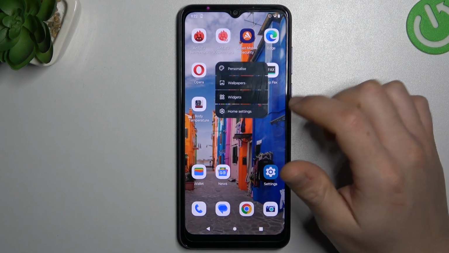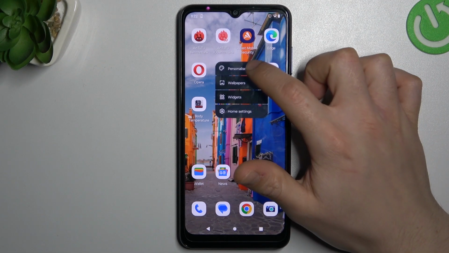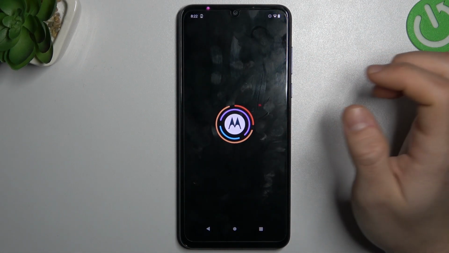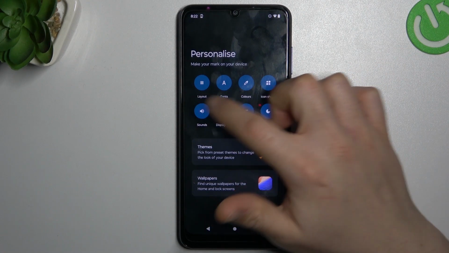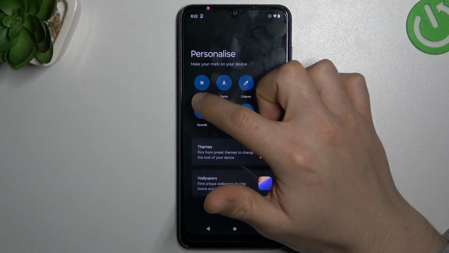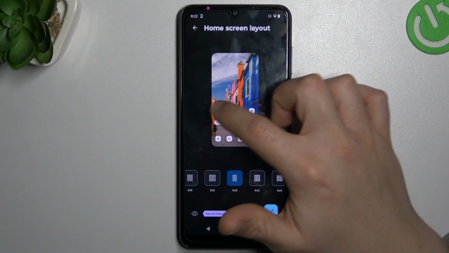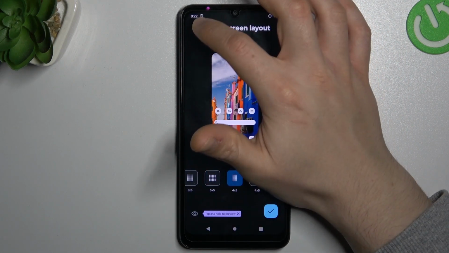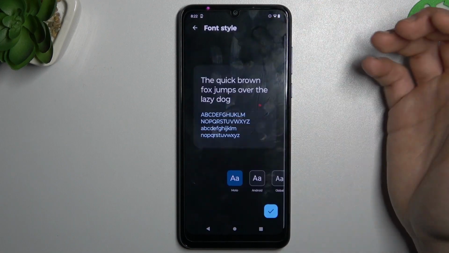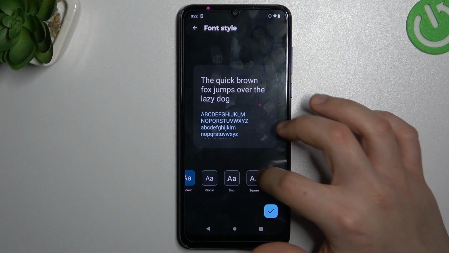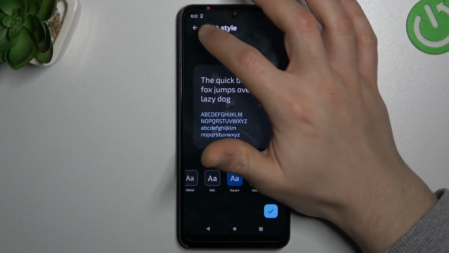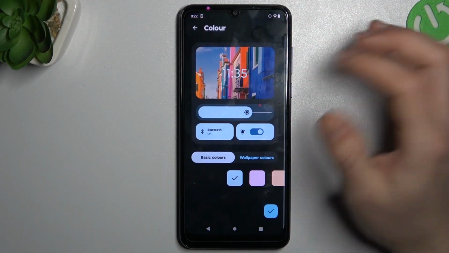Now just hold the finger again to open the personalities. As you can see, we have here a few options like layout, fonts, colors. You can change the layout to change the amount of apps in one row and one column. You can also change the font of your phone and of your system. The colors, of course,